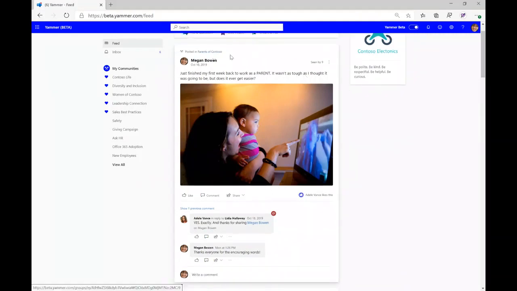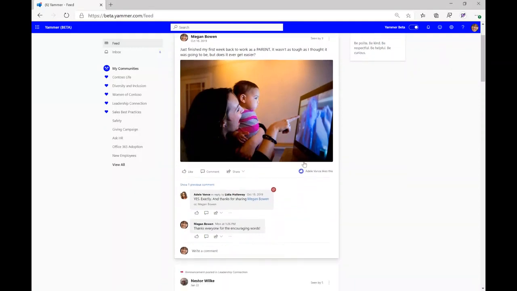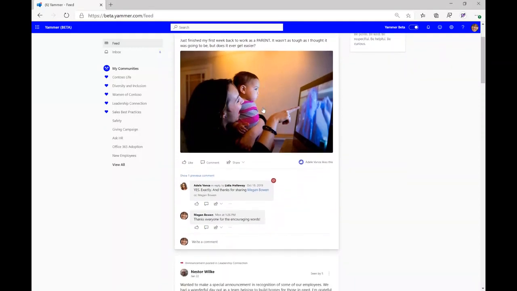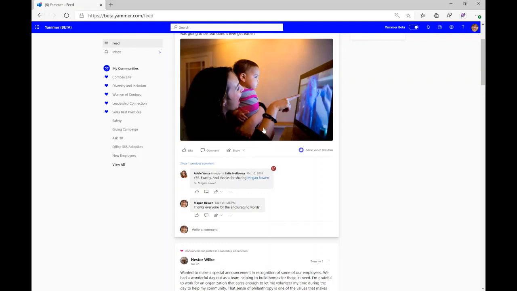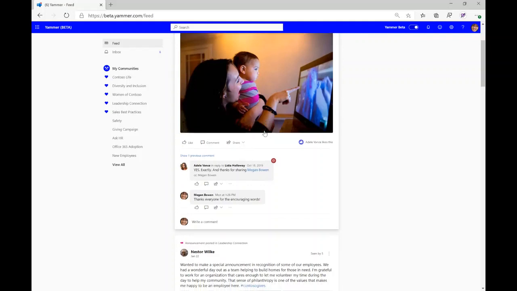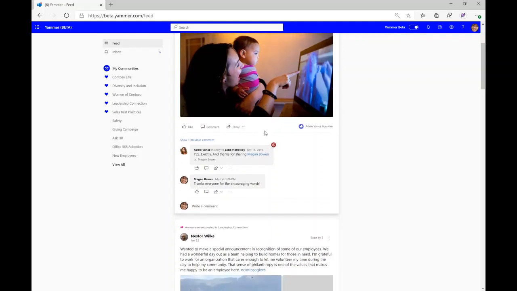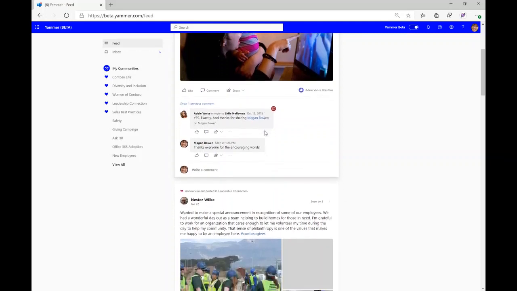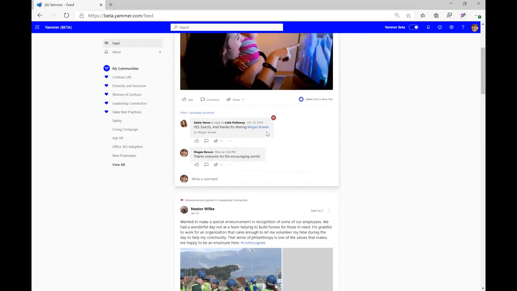So I can see different conversations coming from the communities that I'm a part of. I see these beautified social cards where I can follow a conversation. We have new grid layouts for images, and overall just creating an intelligent, beautiful experience for the first landing page when you get into your Yammer network.